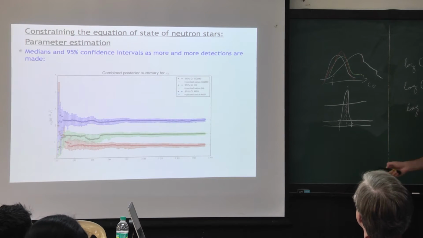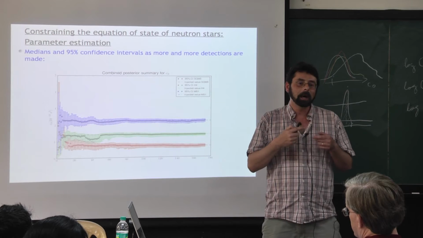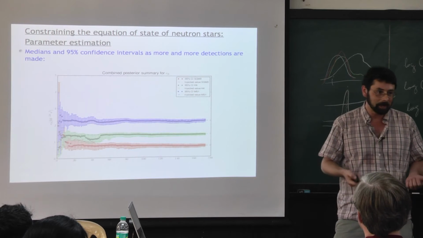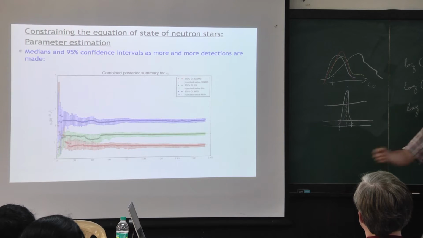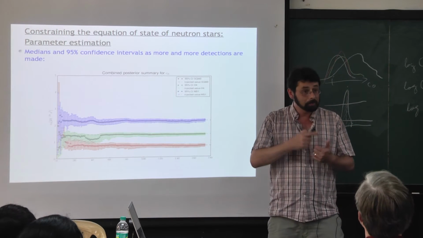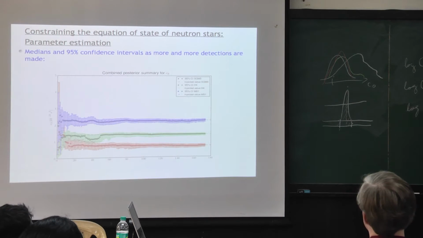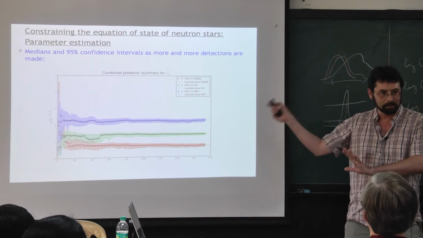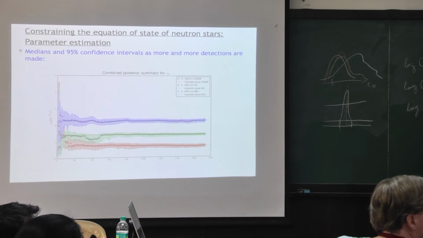So what you should take this plot to be is indicative of what we will be able to do once we have the correct waveforms, quote unquote. And these are waveforms that theorists have to give us, right? In particular, in the hypothesis testing, hopefully the theorists will eventually give us inspiral-merger-ringdown waveforms that apply to a particular equation of state and are picture perfect, as in, we can trust them. If that is the equation of state, then this is what nature will give us. That is one caveat. Has somebody done a calculation of the same kind of plot with the